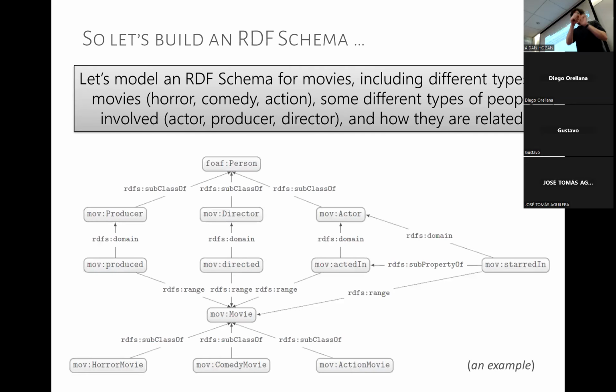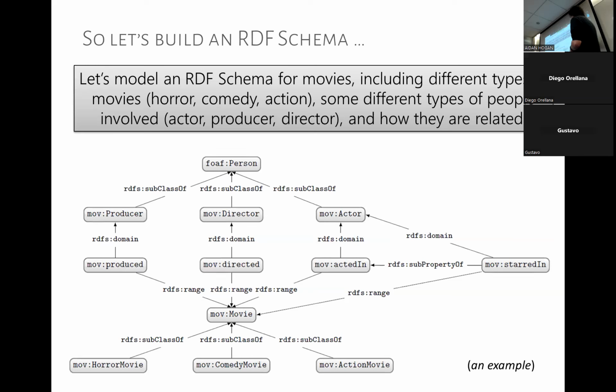So here's an example of an RDF schema that we might come up with. Here we have decided to use this MOF, which is an example, although there are movie ontologies that allow you to do something similar. We have different types of people involved in movies. We have producers, directors, actors that are all subclass of person. Yeah. We have different properties, for example, produced, directed, acted in to relate the movies to the people. And we can define the domains of these to be actor,